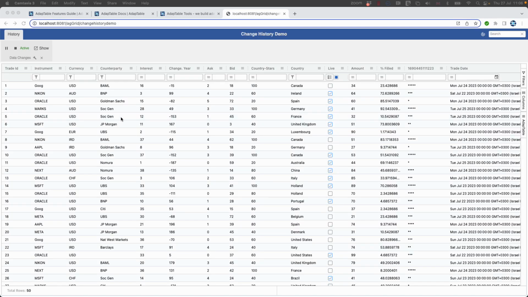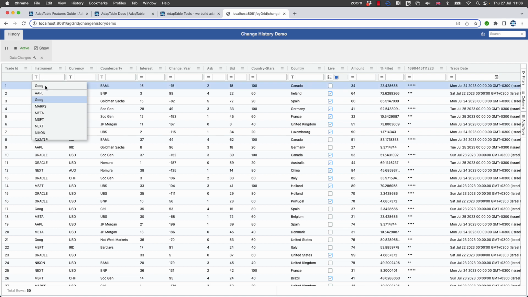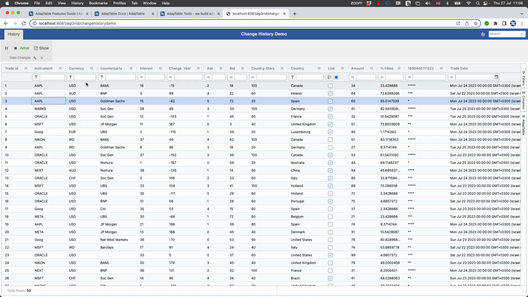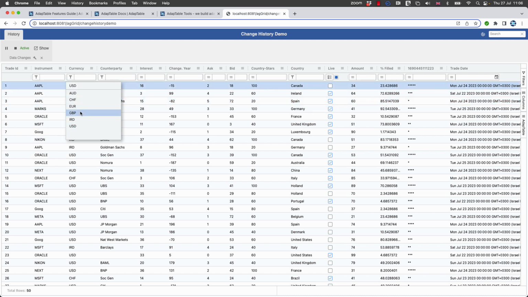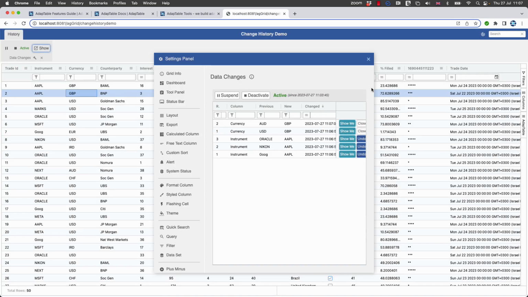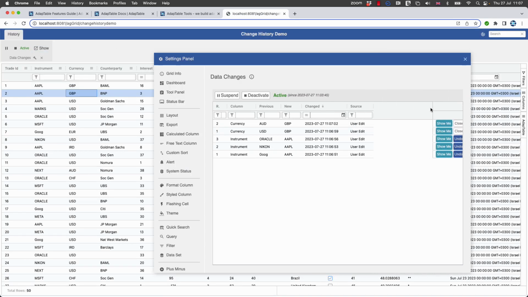Don't worry about the data, it's completely meaningless, nonsensical data, but let's make 5 edit changes. Let's change the first three of these instruments all to Apple, and then let's change these currencies both to GBP. So there we are, we've made 5 changes, 3 in instrument, 2 in currency. And now in the Data Change Monitor, if we click Show, and then let's make this a little bit bigger,